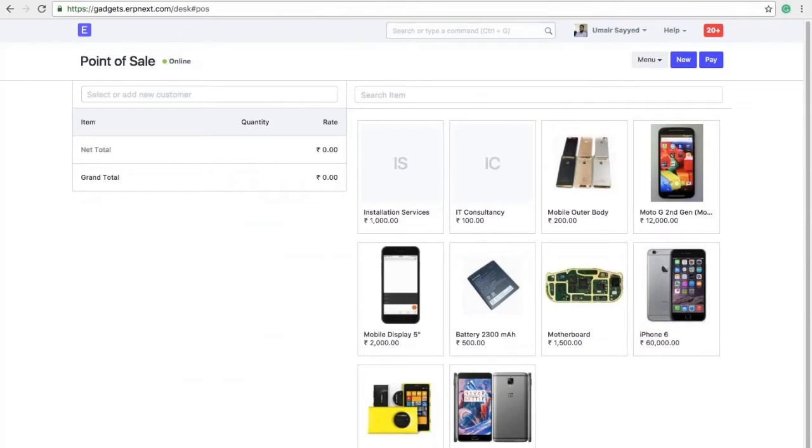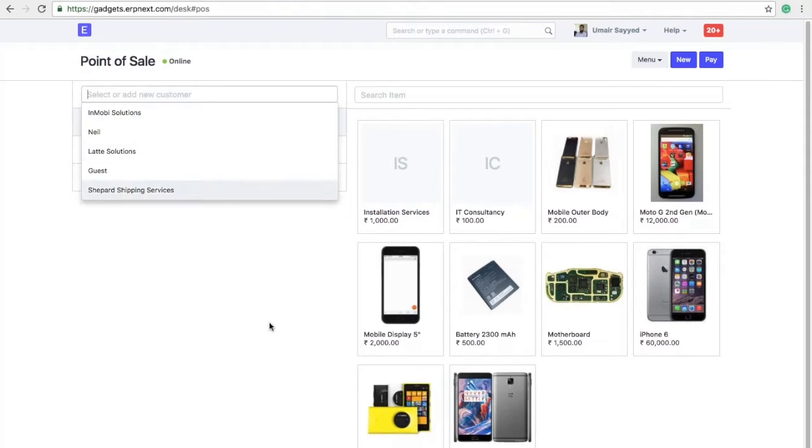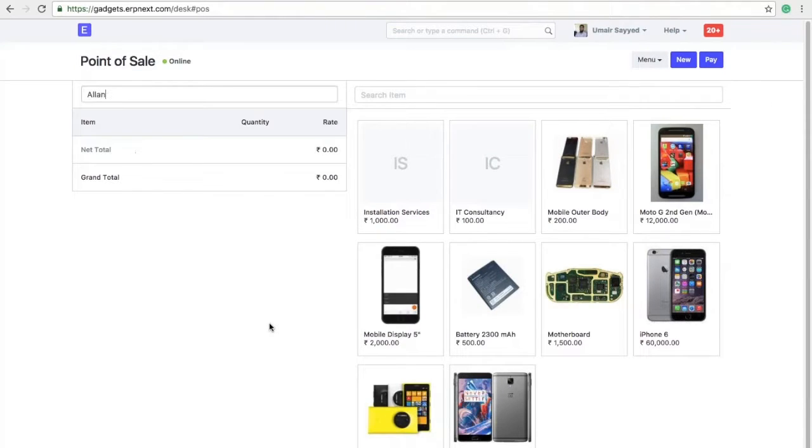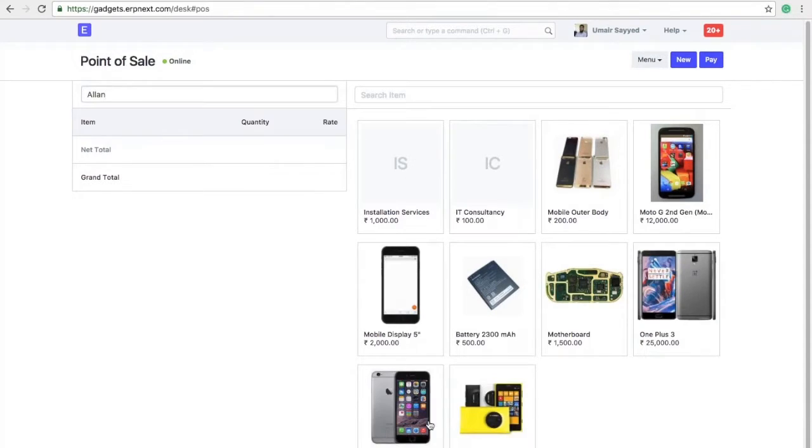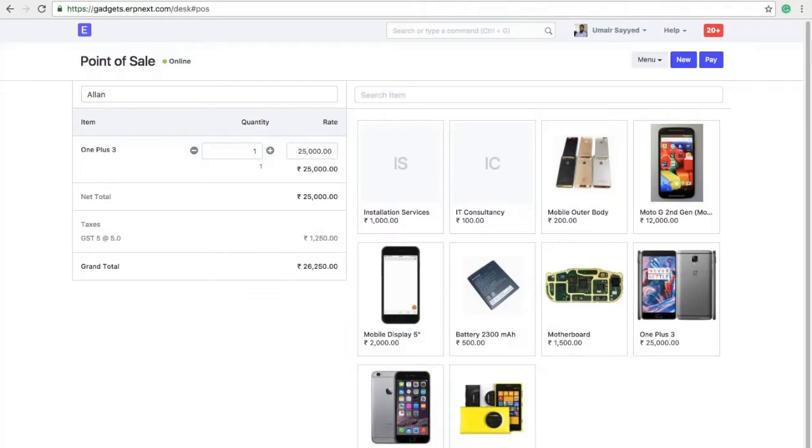So let me go back to the POS invoice. Let me open the POS. Say the customer's name is Alan. Now, if you want to add an item, let me add an item here. Okay, so the item is added this time correctly. Right? One item is added, and this is one way to add an item in the POS invoice. You can also search for an item from here. Say I want Moto, so it will show up